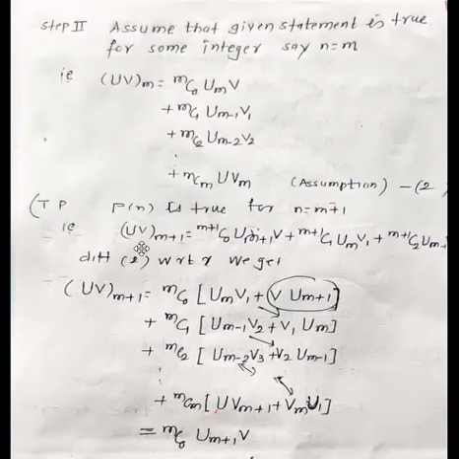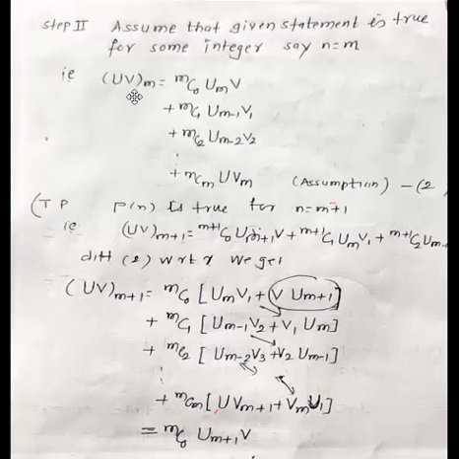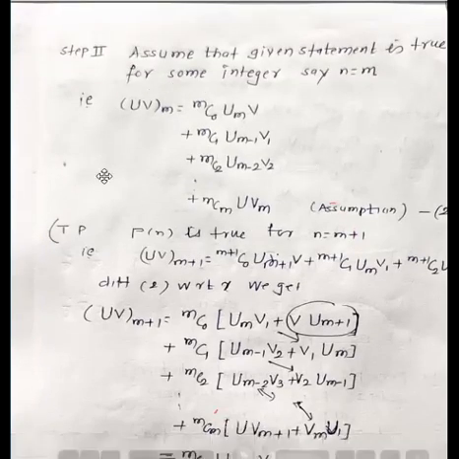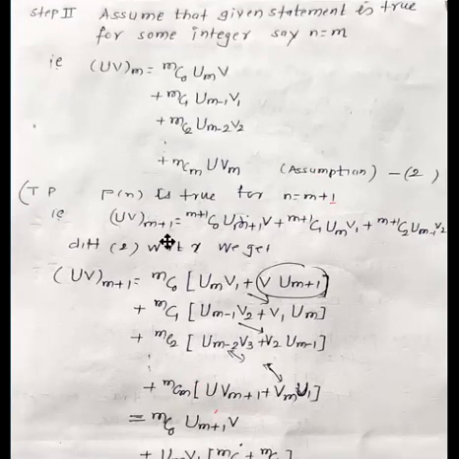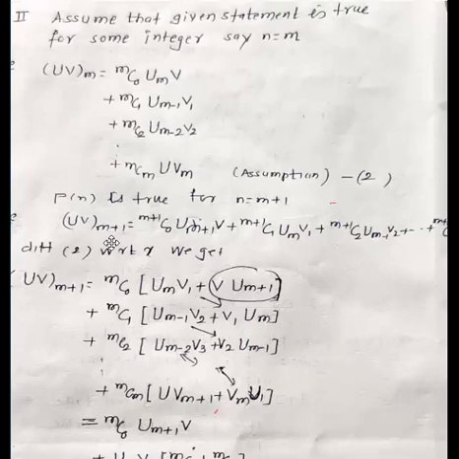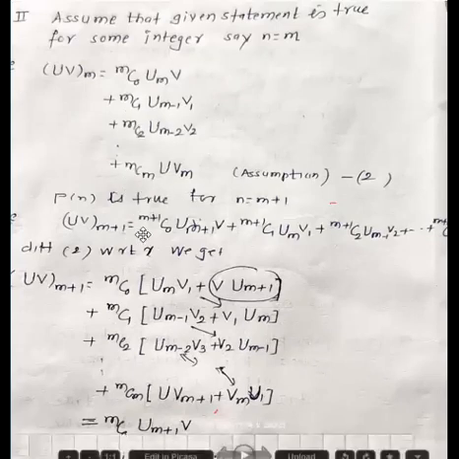Now we want to show that if it is true, the mth derivative gives the m plus 1th derivative. That means if the statement is true for m, it is also true for the next value m plus 1. And now what is m plus 1? We have written for m; write down a similar statement for m plus 1. But don't write it directly. What we get if I put n equal to m plus 1, you will get this result. Here we get m plus 1 C0, m plus 1 C1, m plus 1 C2, up to m plus 1 C m plus 1. This is the result for m plus 1.